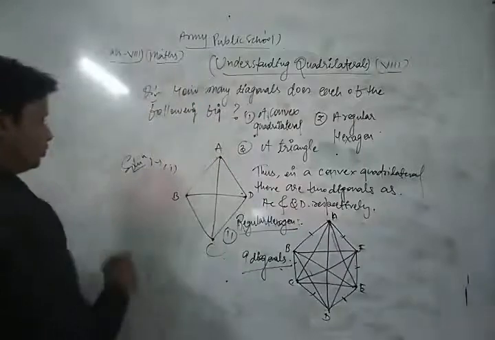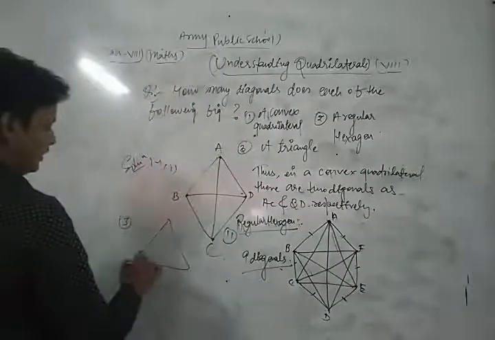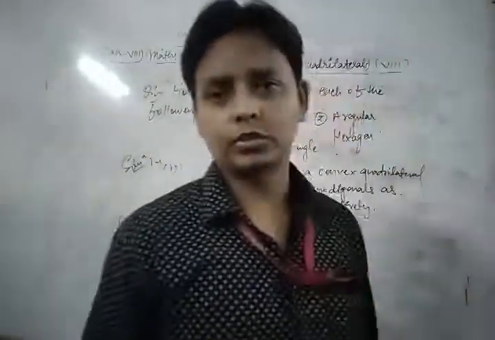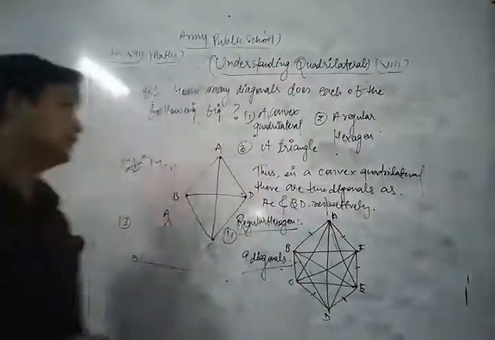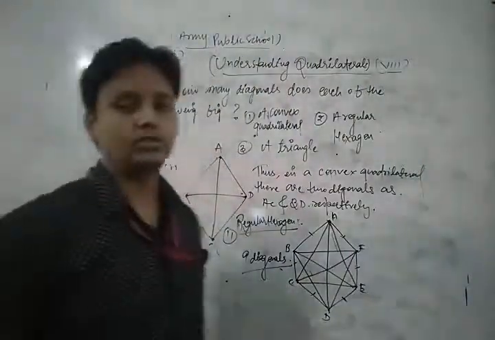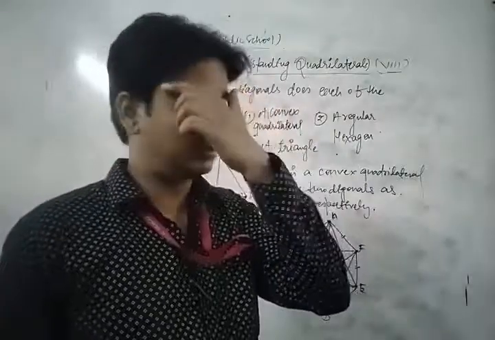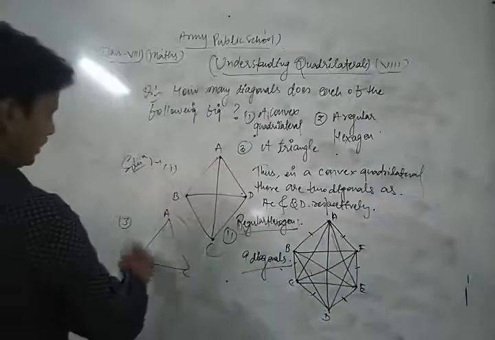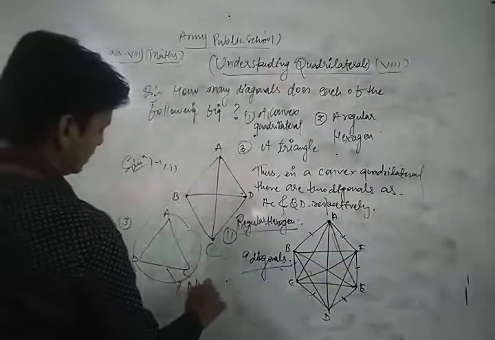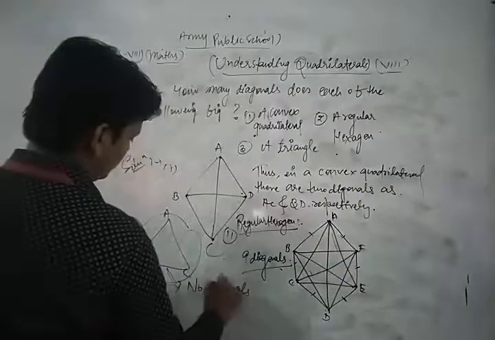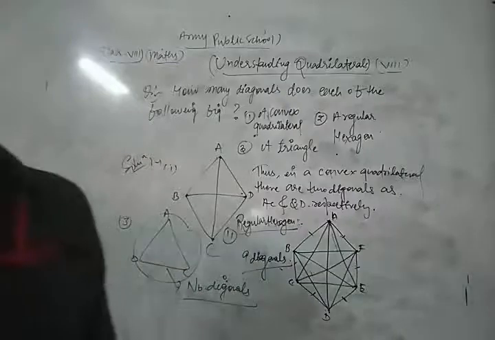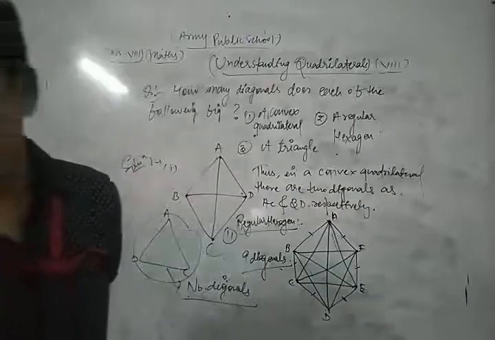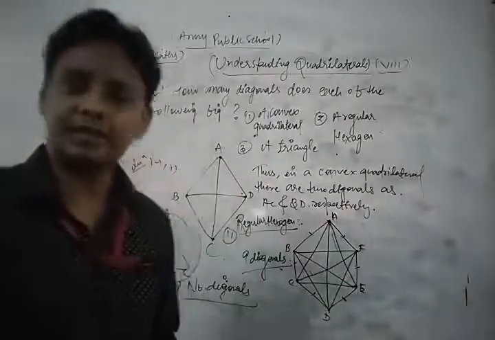Let's see, dear students. First of all, take our triangle ABC. The concept of a diagonal is the line joining two vertices. The line segment joining two vertices of any geometric figure is known as a diagonal. So a triangle has no diagonals. Okay. Thus, in this way, dear students, you can solve each and every question of your NCERT exercise based on this topic.